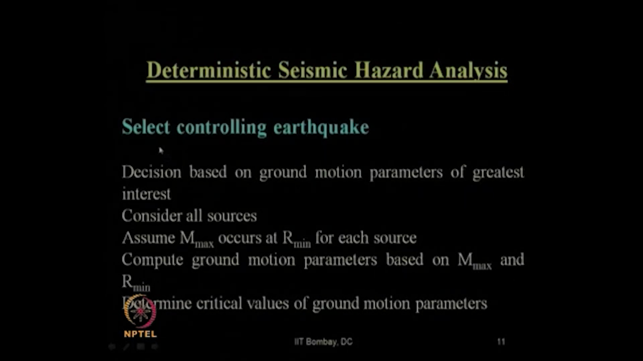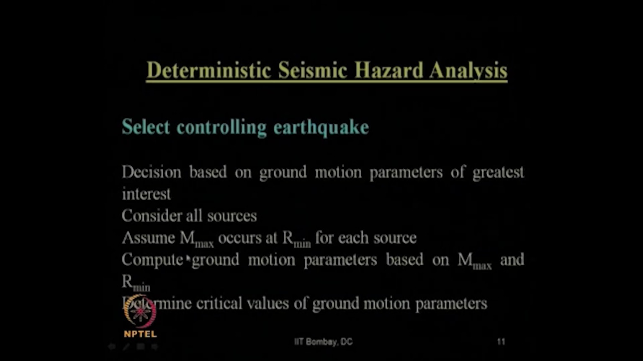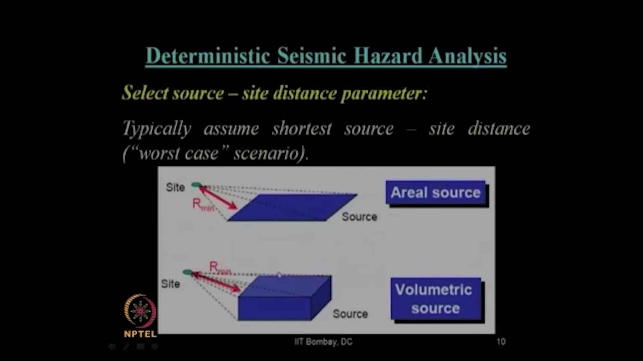Then we need to consider the controlling earthquake, that is, how to identify or how to select the controlling earthquake. The decision is based on the ground motion parameters of greatest interest. We consider all the sources involved within that R max distance and assume that M max occurs at R minimum for each source. So, that is one assumption. Like in the previous slide, suppose this is a volumetric source, we have from site to source this minimum distance R minimum, but this side is maybe the maximum one, and it may happen for the source that the magnitude of occurrence of earthquake from the past